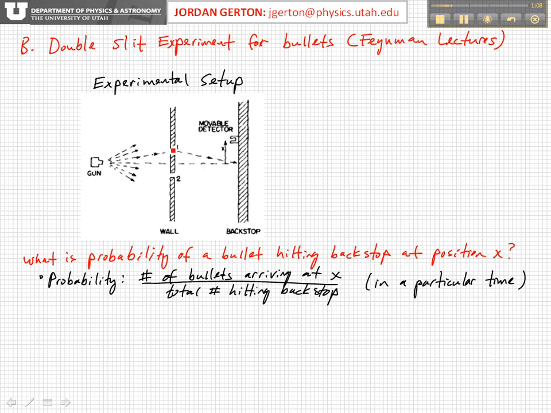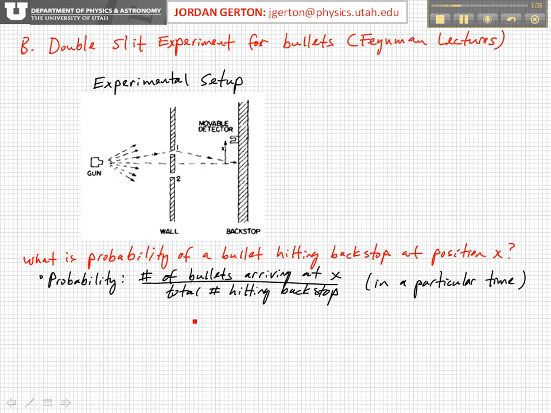You have a wall that has 2 holes in it, or 2 slits, and you have some machine gun shooting actual bullets through that wall. You imagine the wall is indestructible, so the bullets hitting the wall will just bounce off. If they go through the slit, they'll either pass straight through, or if they happen to catch the edge of the slit, they might reflect, as shown here. Okay,